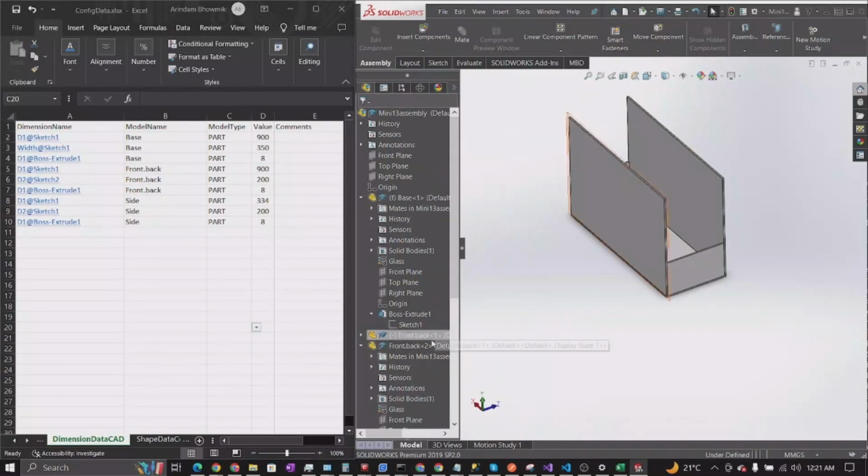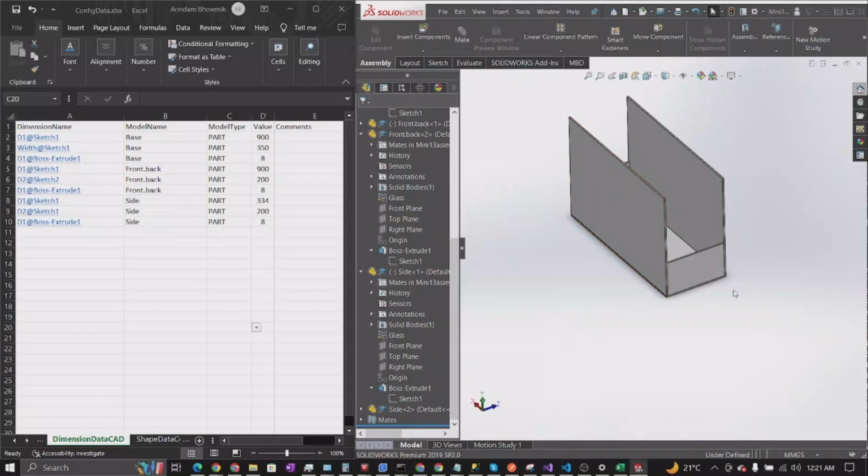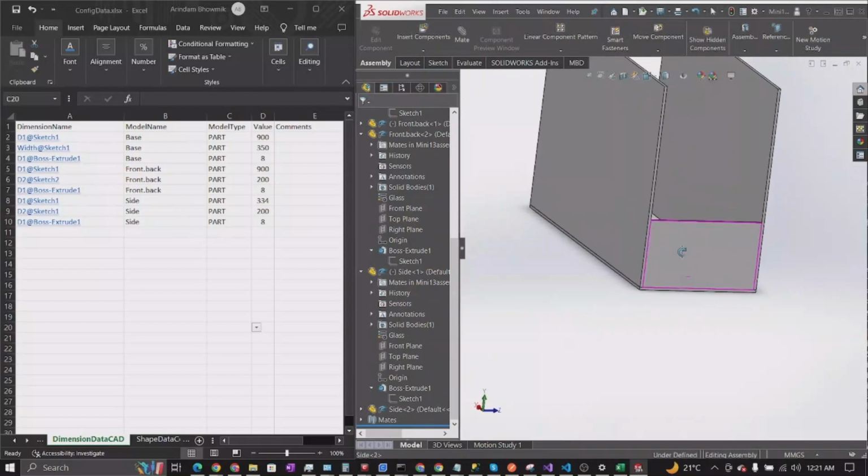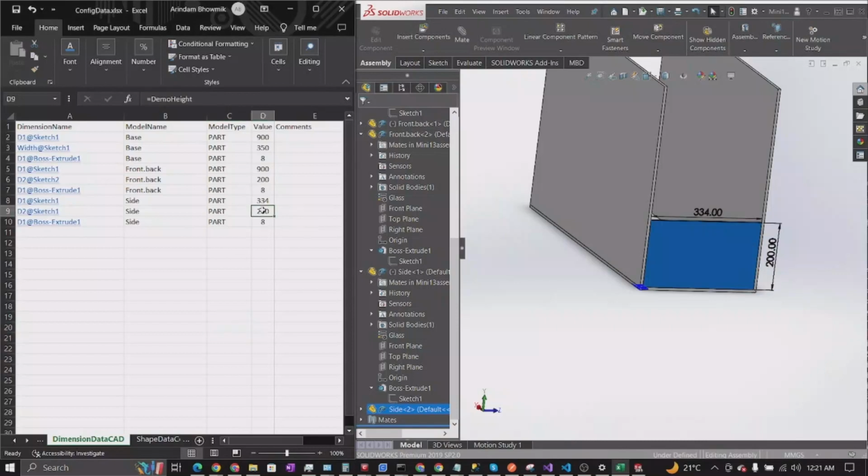It's a best practice that you should always break the assembly and then try to create it. So you can see the problem here is that this particular dimension hasn't been changed, and this is connected with side. Okay, so let's go ahead and try to create that value. D2 sketch 1 200. Okay, yeah, we found the problem,